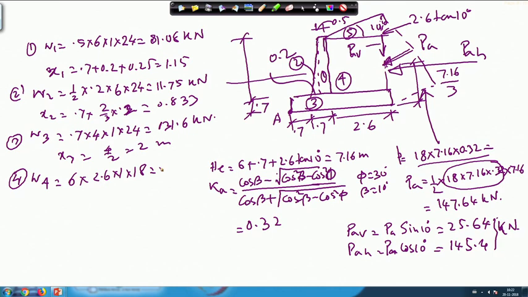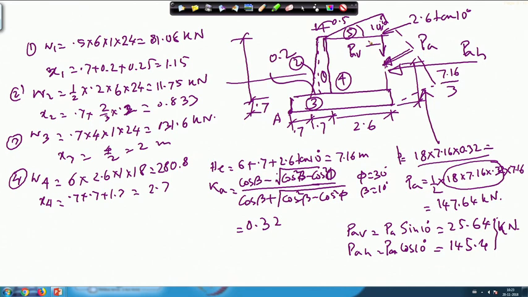So, that will give you 18. So, that will be equal to 280.8, and suppose x 4 will be equal to, you can see, 1.3 plus 0.7 plus 0.7 plus half of this 1.3. So, that will be equal to 2.7,